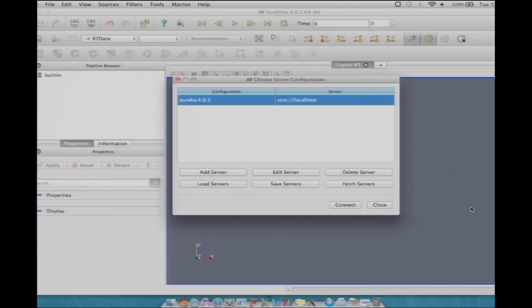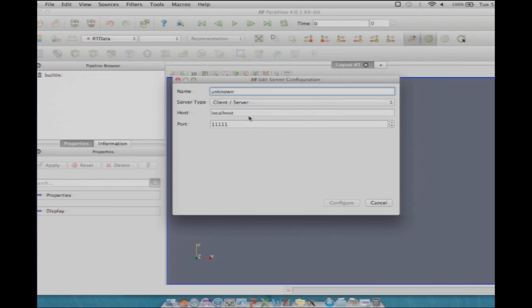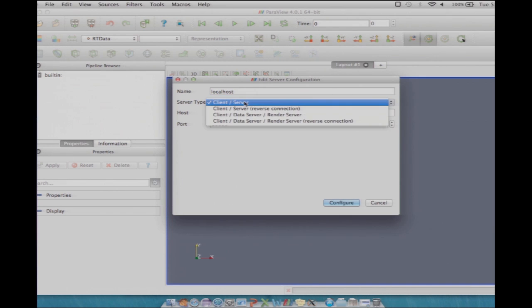So in any case, when I go to connect, I can say add a server, make up a name for this. I'm calling it, creatively, localhost. It's going to connect to the IP address localhost on the port 1111, and the connection type is going to be a client-server connection. Different options you see here for the server type are the